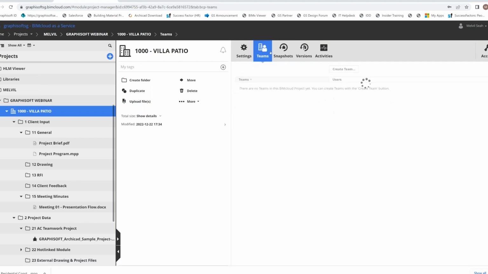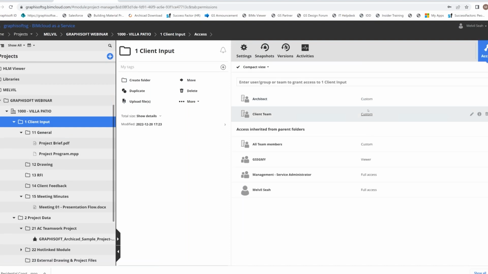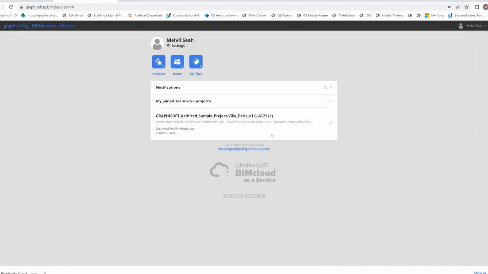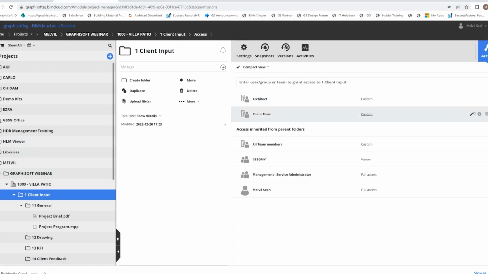Then, let's say I go to the client folder, I can go to the access and say for the client, okay, I do not have the necessary permission, but let's say I want to customize the permission settings for the client theme.